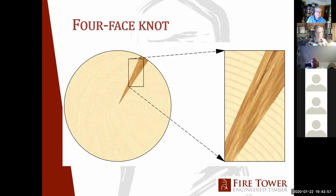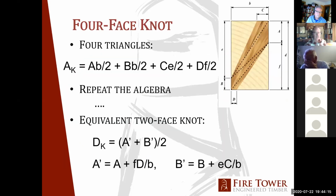A 4-face knot. Okay, we've seen this slide already, and this is where we get the 4-face knot by cutting a piece of lumber out of a big stick like this. You might or might not ever see this in a timber. So here we have 4 triangles, and I'm going to leave it to you all to do the algebra yourself. Suddenly a miracle occurs, and we get adjusted dimension A and adjusted dimension B, A primed and B primed, where